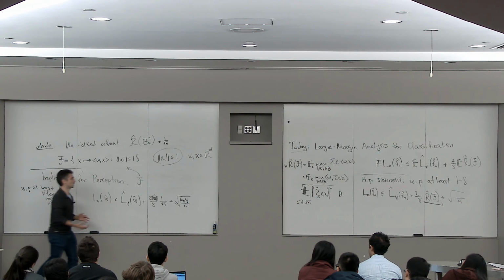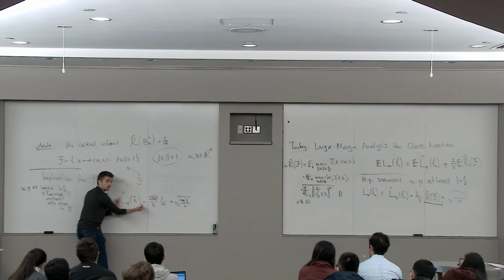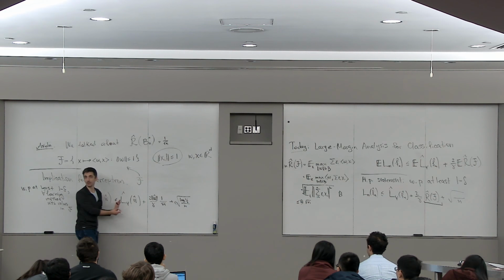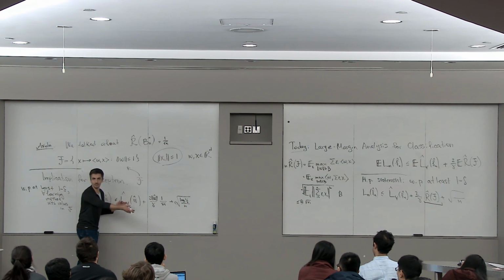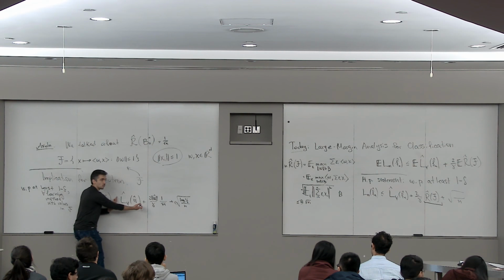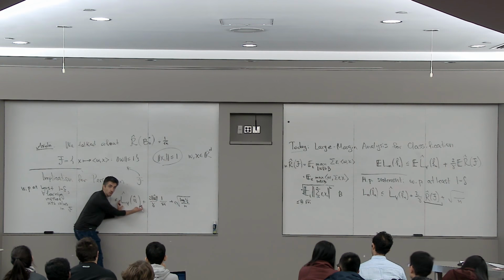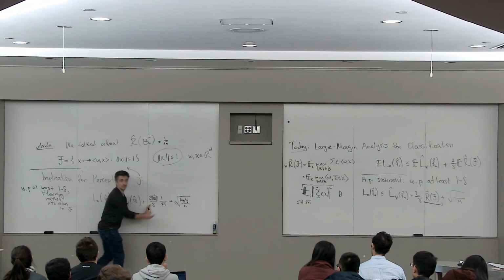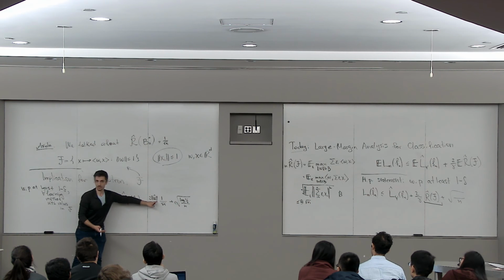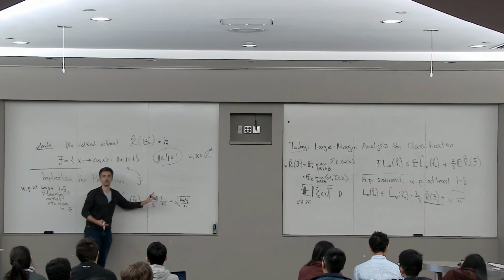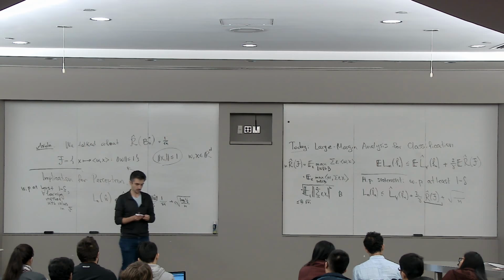So this suggests what you should be optimizing. We're in the business of optimizing an upper bound. That's pretty much how everything works: you get an upper bound and then you optimize it. So you minimize the margin loss and the complexity of the model as an L2 norm. That exactly tells you the algorithmic implications.